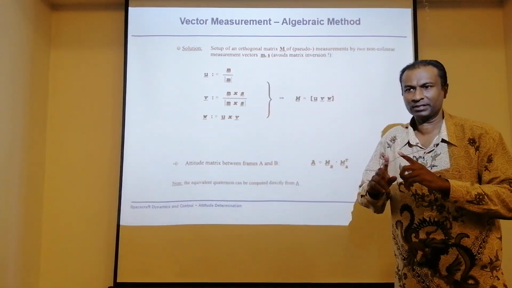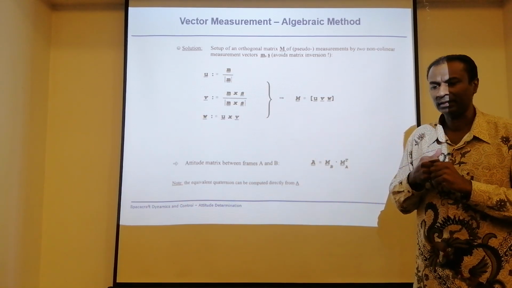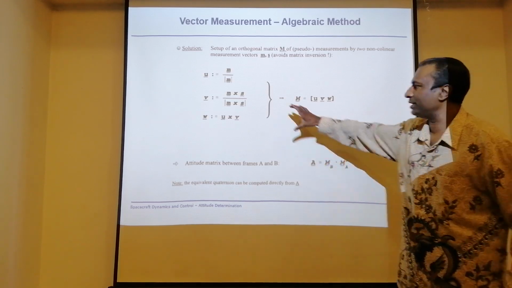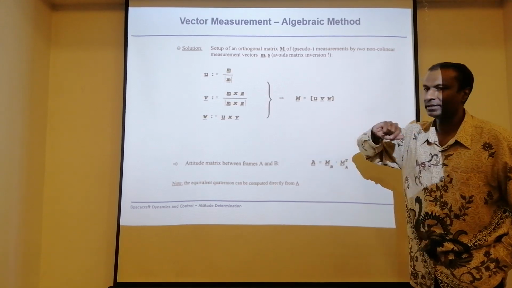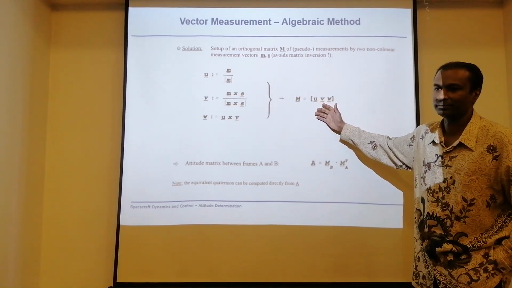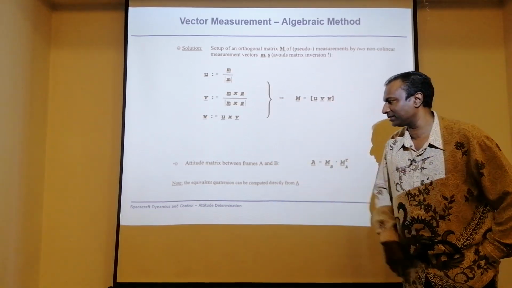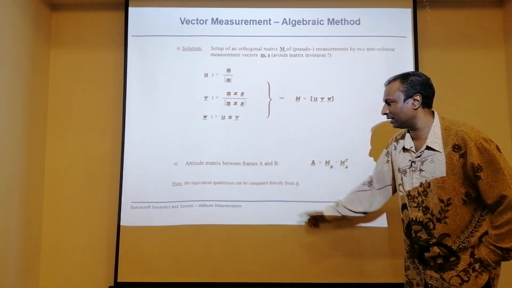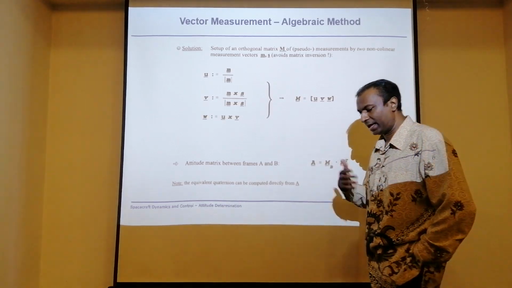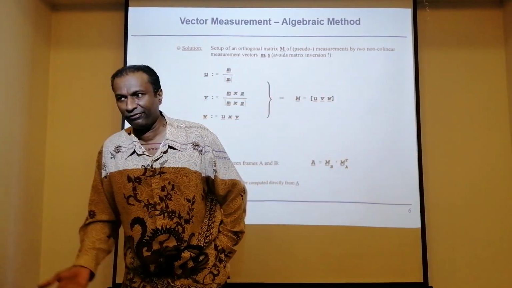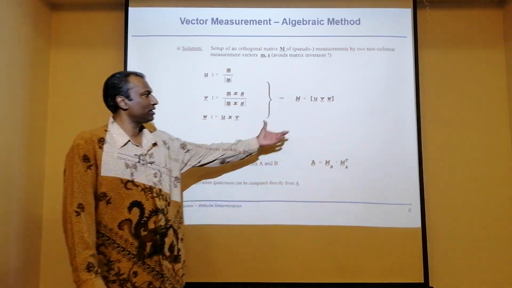That means there are two vectors, so that you will define your third axis. So when we do this arithmetic, technically speaking, we should be able to define my UVW, which is the measurement matrix, so to say. Now, when you want to find the attitude matrix between frame A and B, again, the same thing. Frame A is local vertical, local horizontal. Frame B is body coordinate. How to do that? When you already have a matrix,